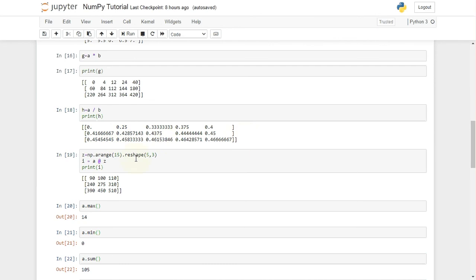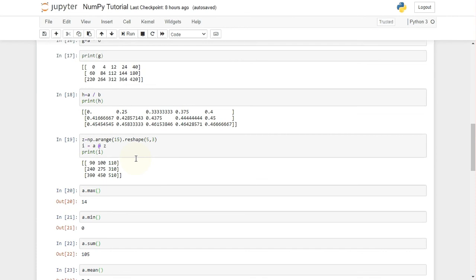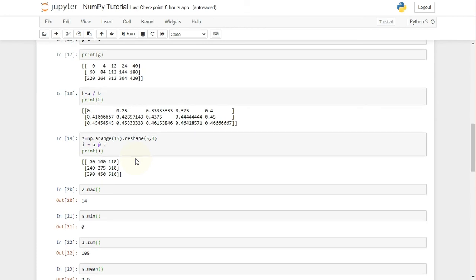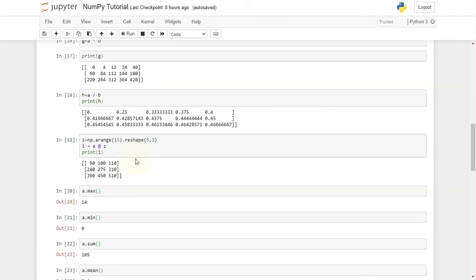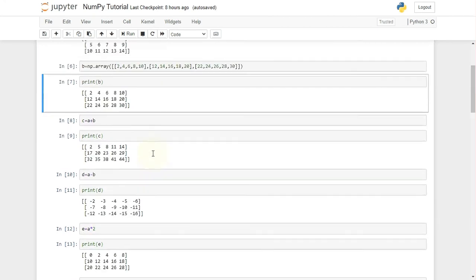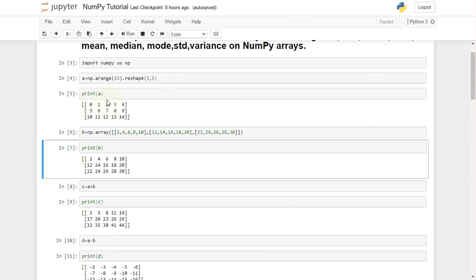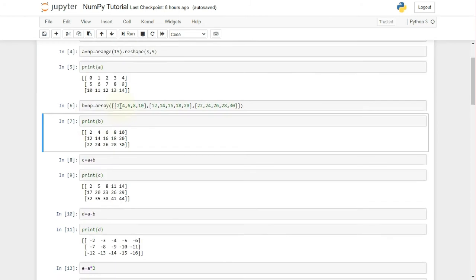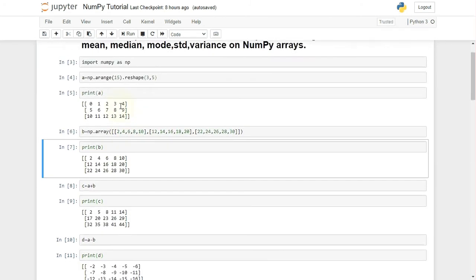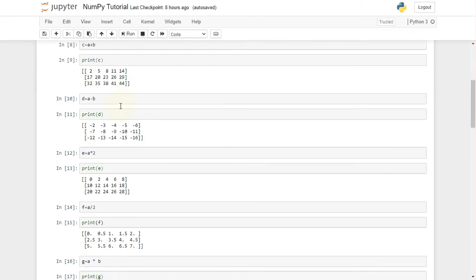Then to perform matrix multiplication, as you might know from your mathematics, there is matrix multiplication in which each row is multiplied by each column. A and B are not conformable in matrix multiplication.